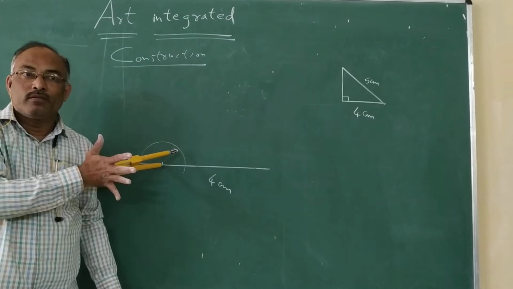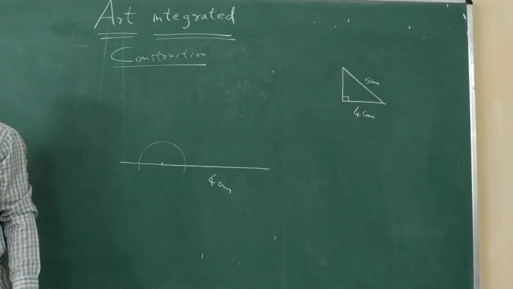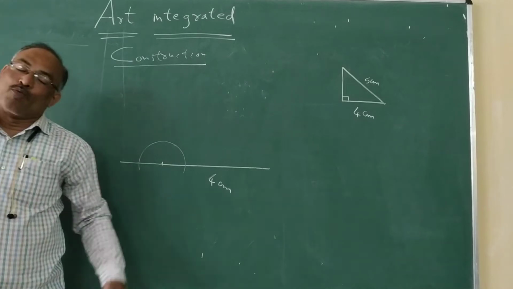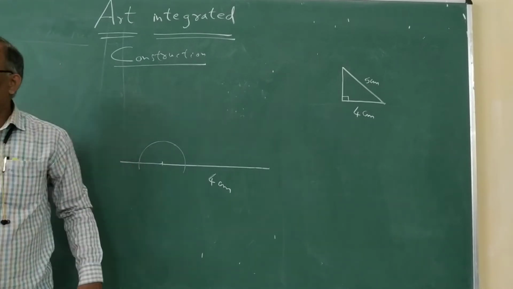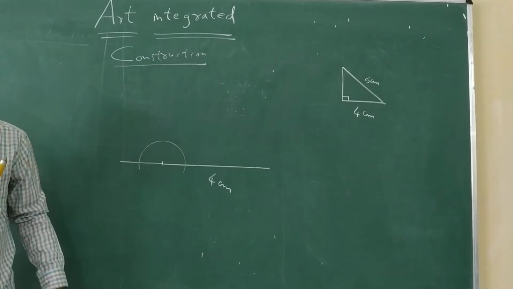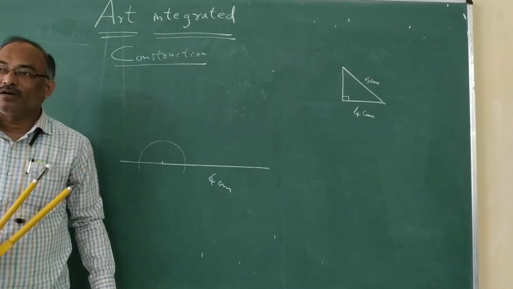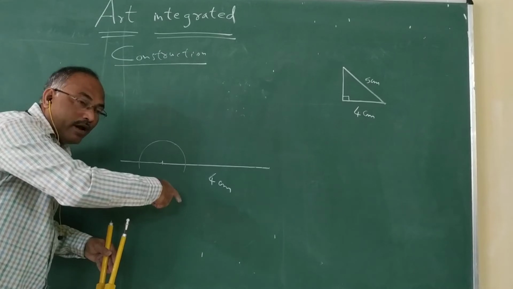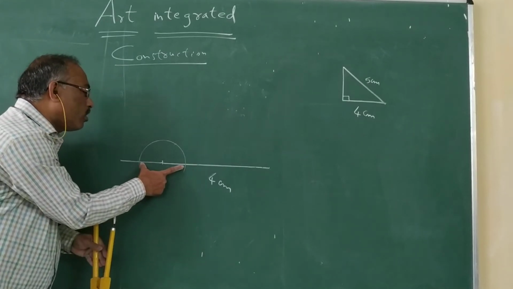Draw a straight line. No. With the help of a compass, a straight line can be inclined. With the help of a protractor, we know 90 degrees. With the help of a compass, how do we draw a perpendicular? We have drawn the arc. Now with the help of these 2 points, how to draw a perpendicular line?